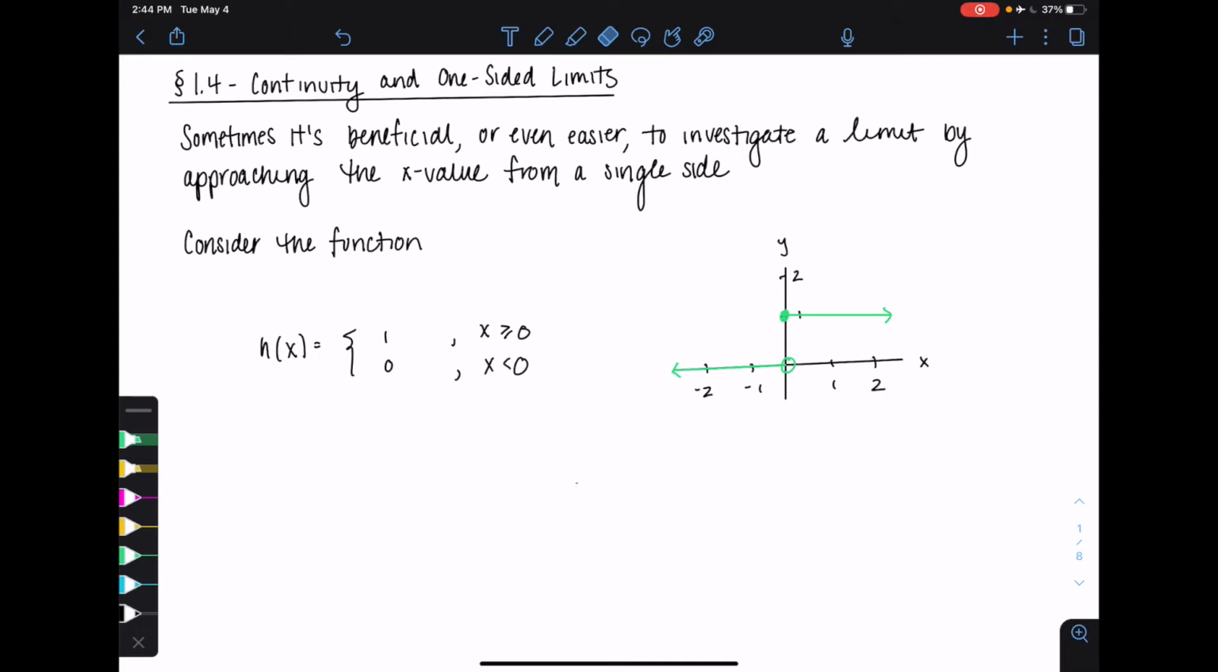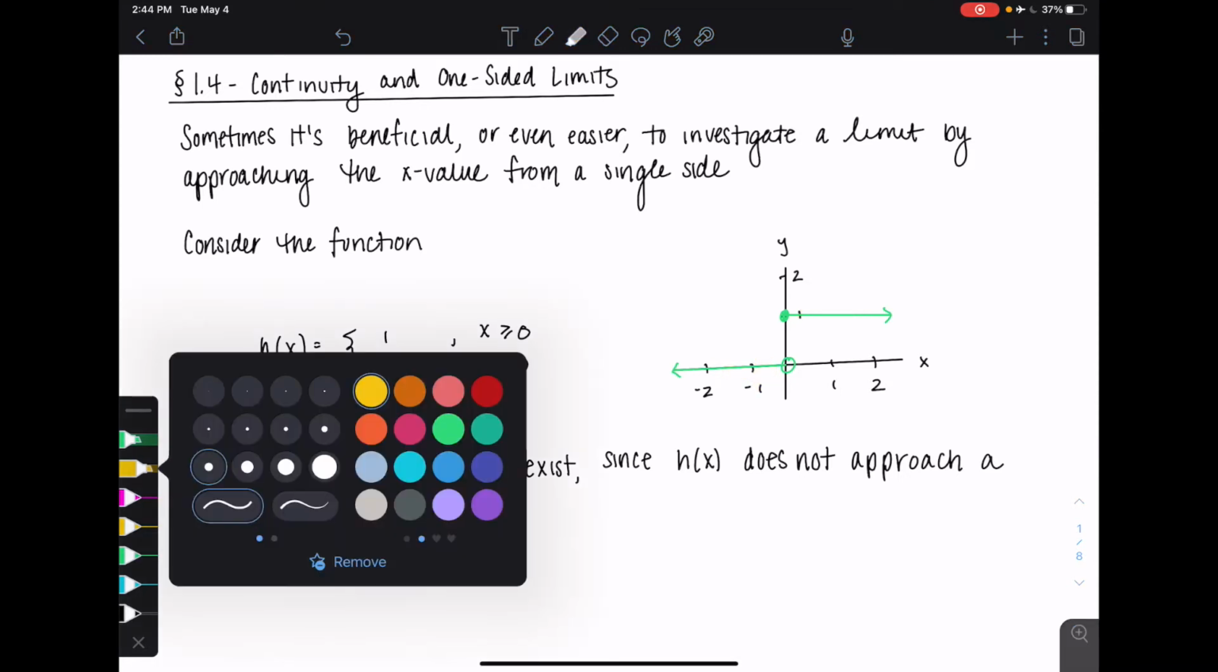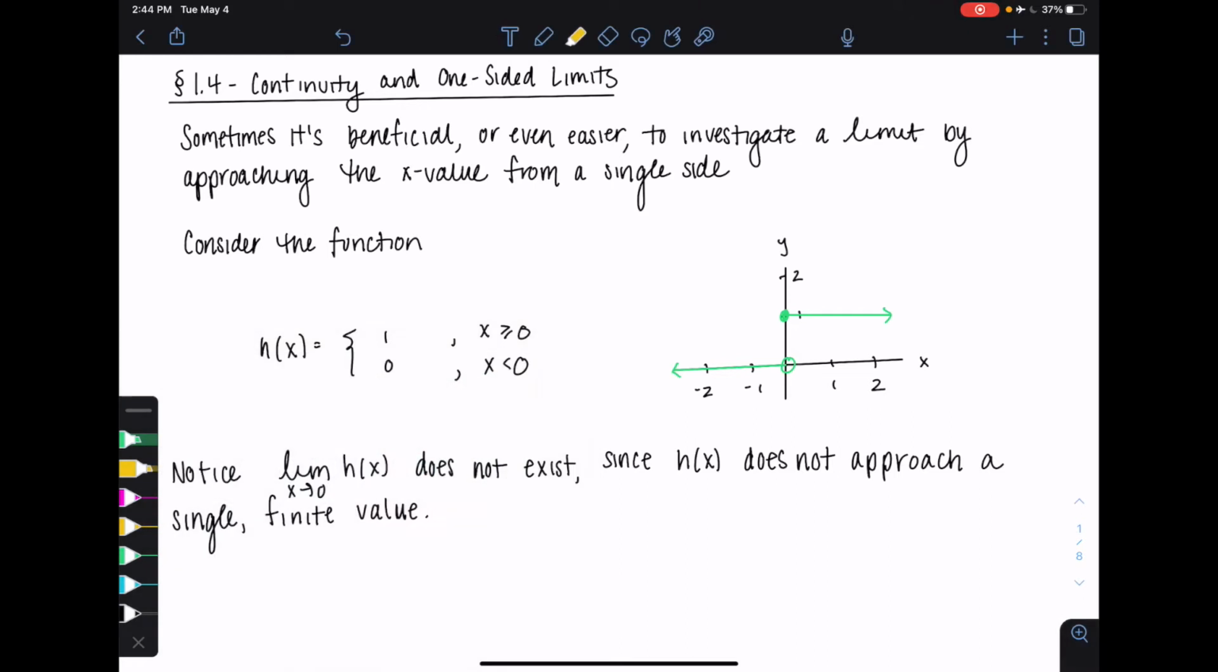So notice, if I go ahead and approach from either side, I'm doing different things. So ultimately, the limit as x approaches 0 for this function does not exist because we don't approach a single finite value. Now, however, if I do look at one specific side, so say I approach from the left-hand side,